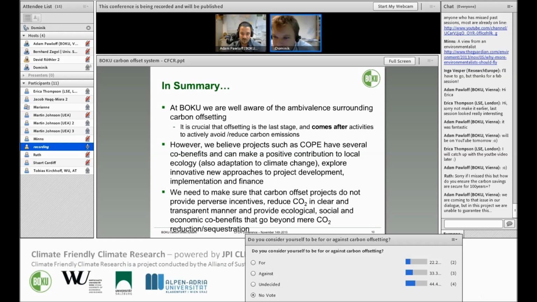Maybe we can talk. So Ruth asked, how do you ensure that the carbon savings are secure for more than 100 years? Yes, that is, I think, a problem in every carbon project. In the big projects, you have the opportunity to look at insurances. They might insure you the amount of carbon, but normally they are insuring only the value of trees. So in our case,